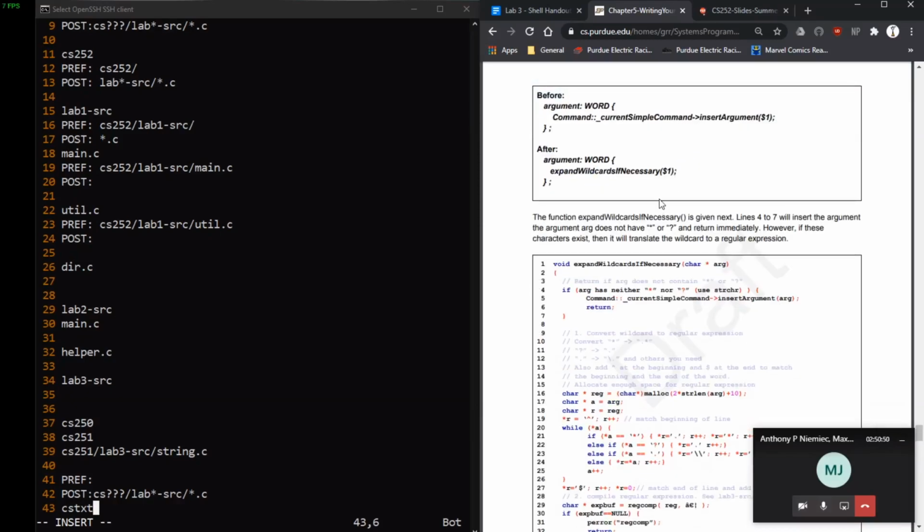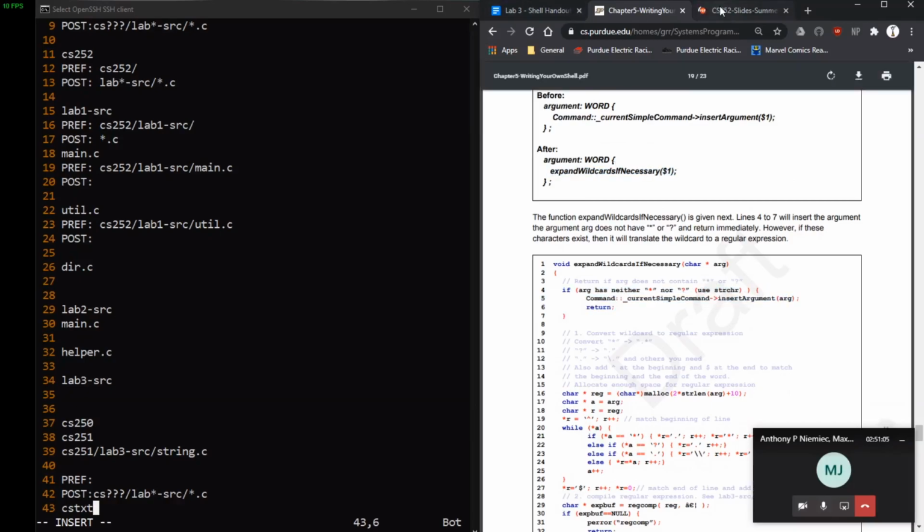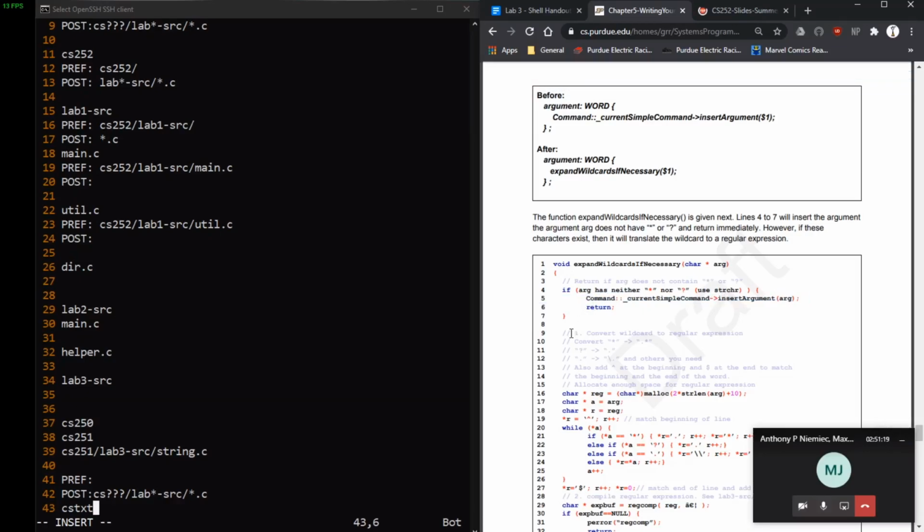I would also consider having, even here, this sort of intermediate step where I would say it is actually my recommendation that you check if you need to expand wildcards here beforehand, or you have a separate function for it. I think the slides show that in the revamped version you have expand wildcards if necessary that just does this. And if it doesn't, then it calls a recursive function called expand wildcards, and it just calls that. And so this function is only this long, and then expand wildcards is all of this. And the point here is that